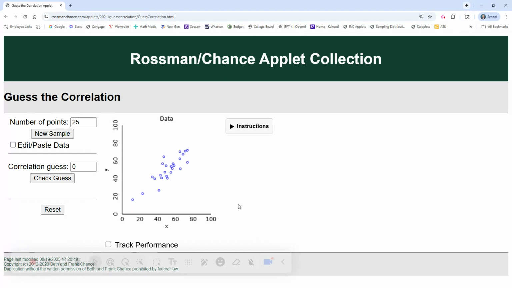Well, it looks a little stronger if I'm describing it. I think that's a stronger relationship and positive. What's your guess? Well, it's a 0.86. Pretty good. So anyway, those are guessing the correlation. That's what